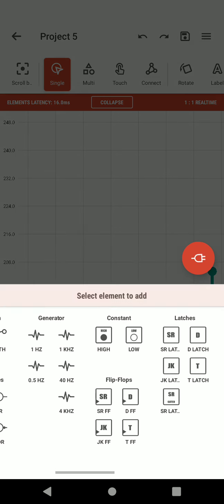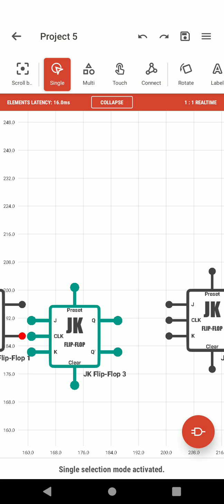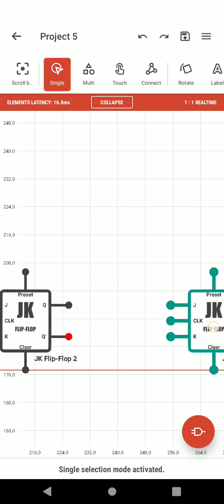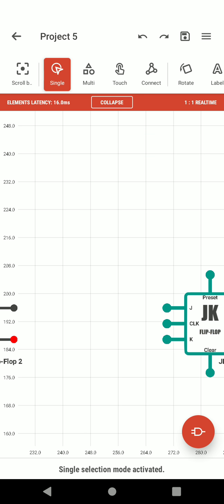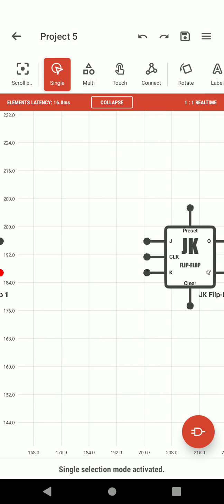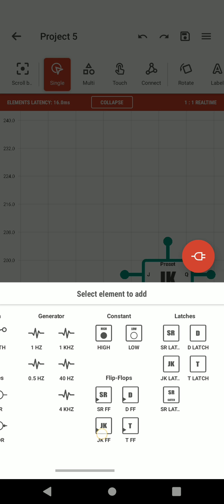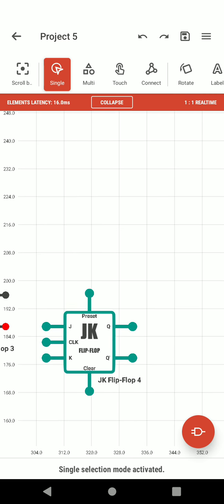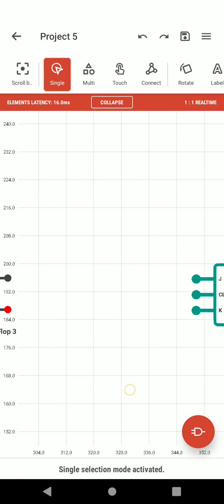Again, next another flip-flop, same procedure: clicking on the flip-flop, element added successfully, and clicking onto the screen where we are constructing the circuit. Spacing between the components is very important, so keep them as far away as possible. Next, another flip-flop. Element added successfully. Again the same thing we have to do.